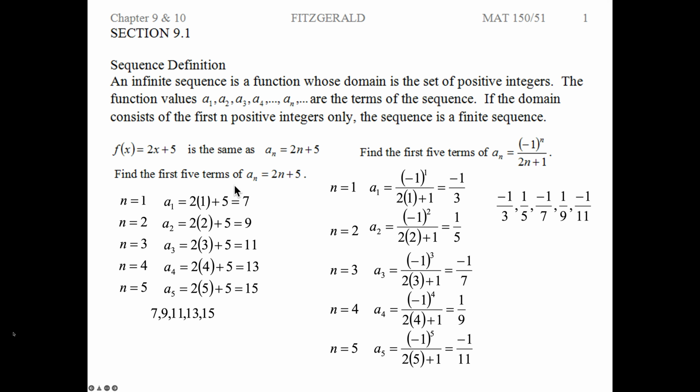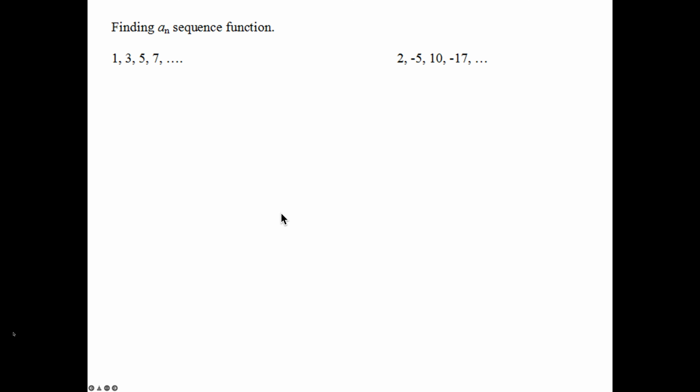You can just use the pattern to find the numbers. All right, so the next thing we want to do is work backwards. What if we're given the sequence and we have to come up with the function? So if we want to work this out by hand,